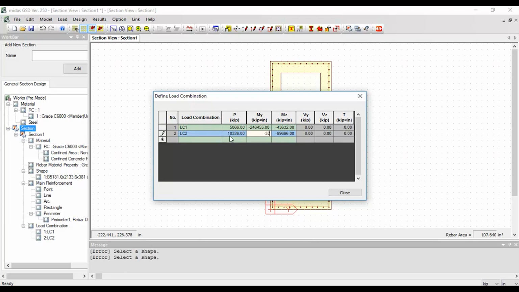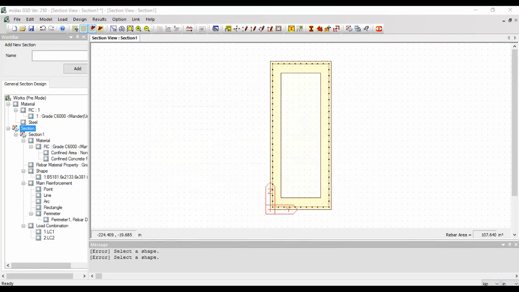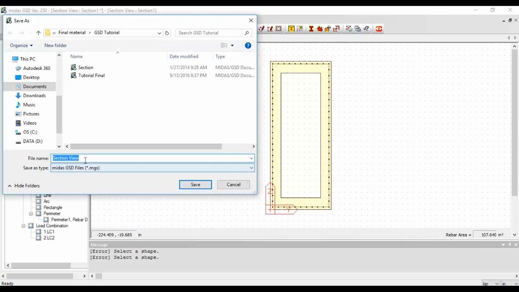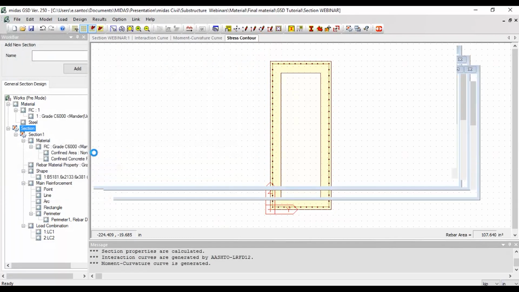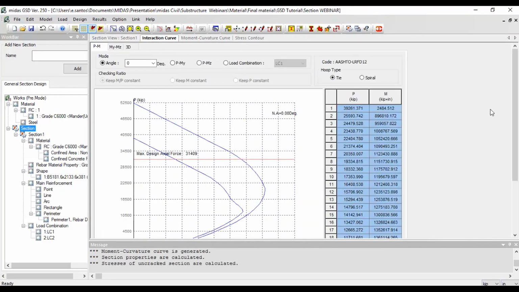and then from there you can use the design function so that you can obtain the interaction diagram. So you just hit the design section function. Let me just save this model, and then from there we can design the section using those load combinations that we just assigned in the program. Here the program shows the